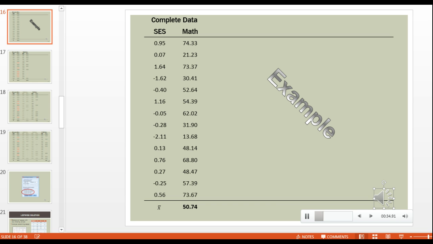We have a mean of about 50.74, as you can see. And just to reiterate, SES in this case is called an auxiliary variable. An auxiliary variable is a variable we collect that we believe is predicted with the missingness and the DV, and we use it in the analysis to impute, later I'll show you how to do this, scores on the DV that we have missing because it is correlated with the missingness. The computer does it, but theoretically it can be estimated. And it is a variable that's not a focal interest to us. So it's almost like a control variable, but it's used for a different purpose than we have previously talked about